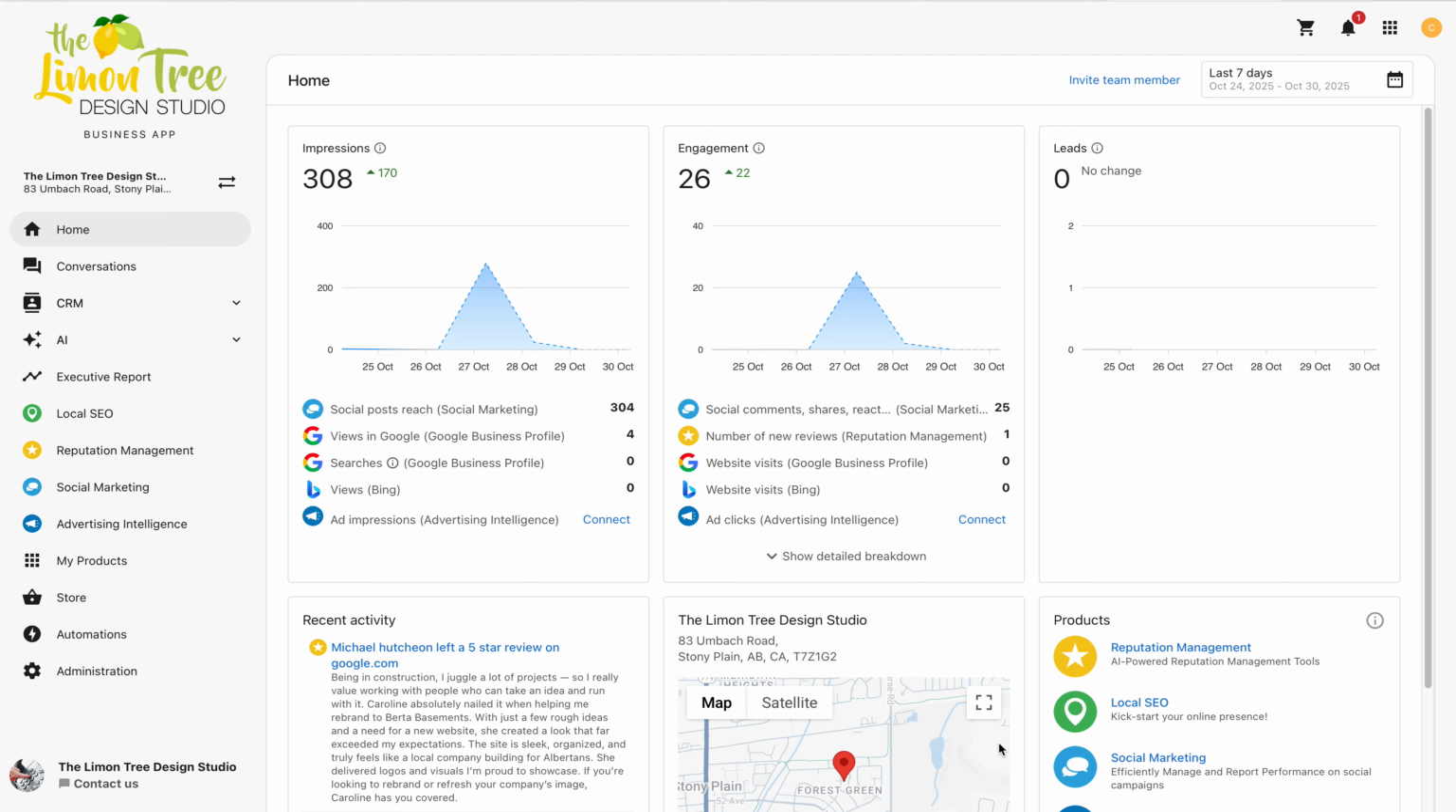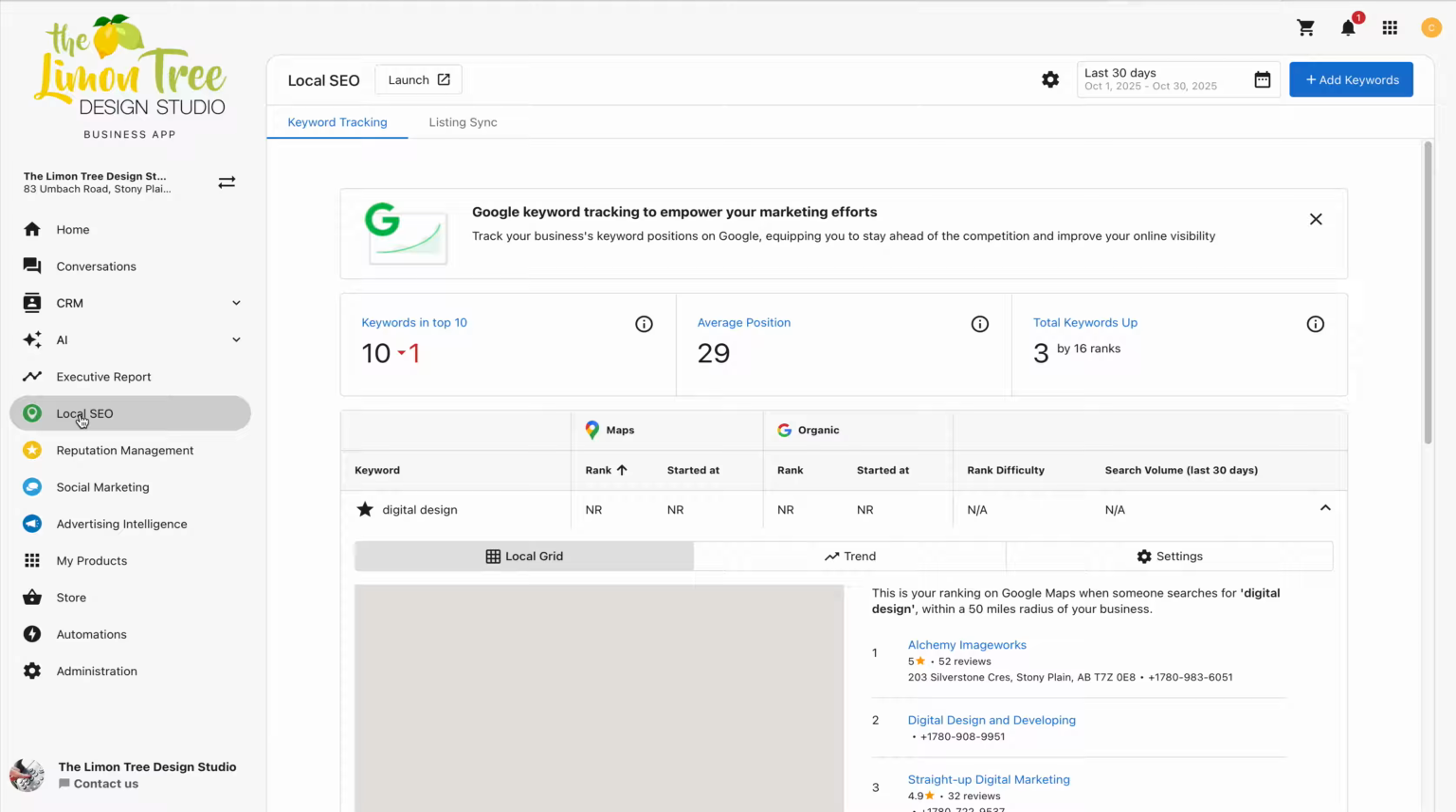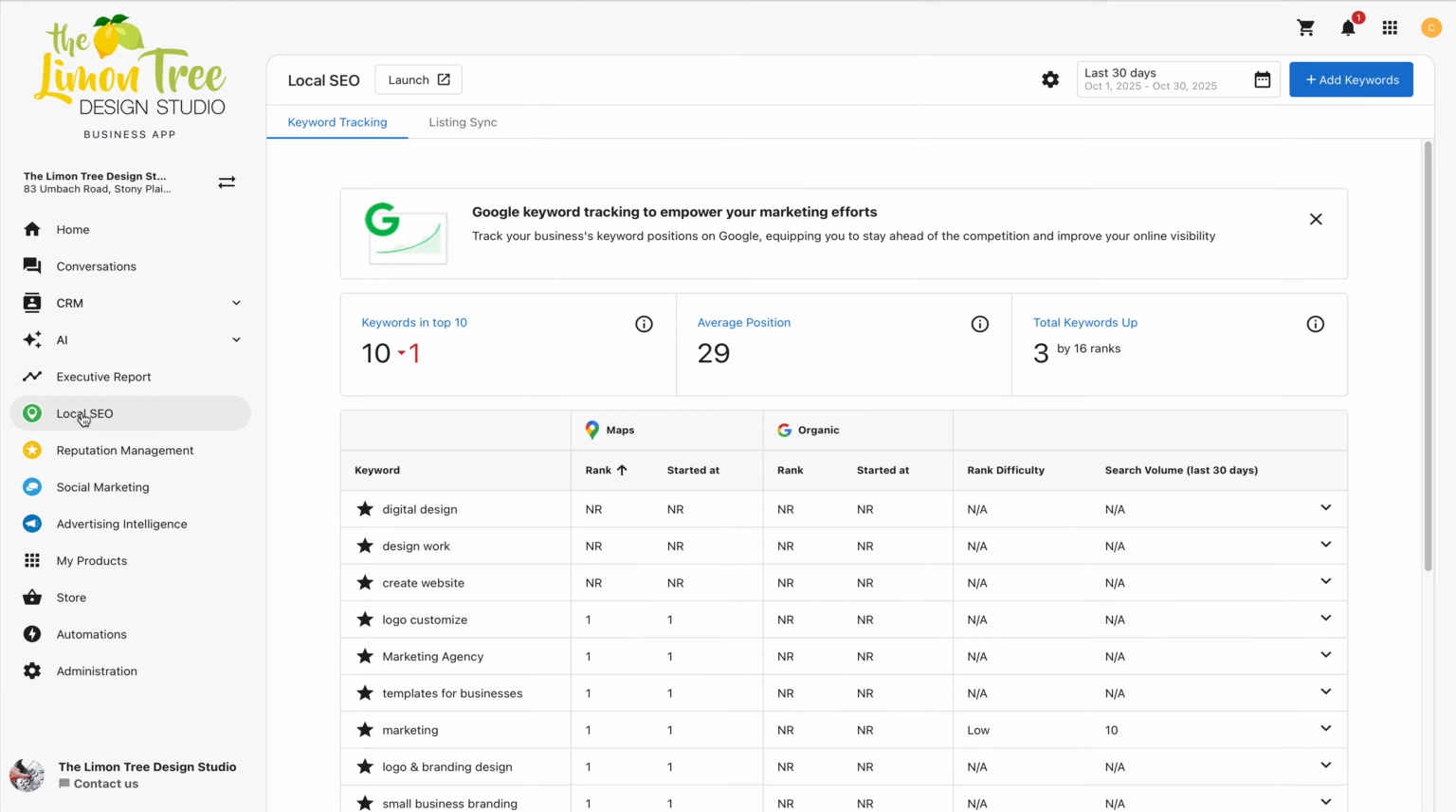And I'm here to show you how to use our local SEO product. So we're actually in the back of the Alignment Tree Design Studio business app here, and on the left hand side you can see all the different products I have plugged in already. But what we're going to be looking at today is the local SEO and helping you get your page set up. So just click on local SEO and it's going to bring you to this page,